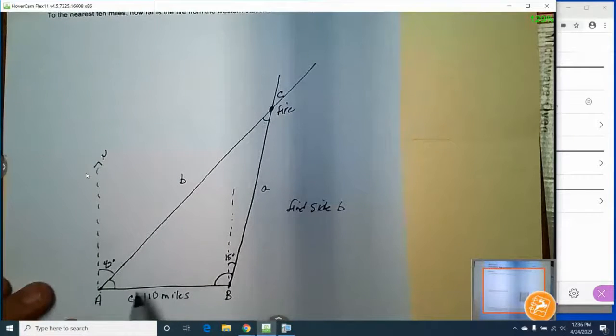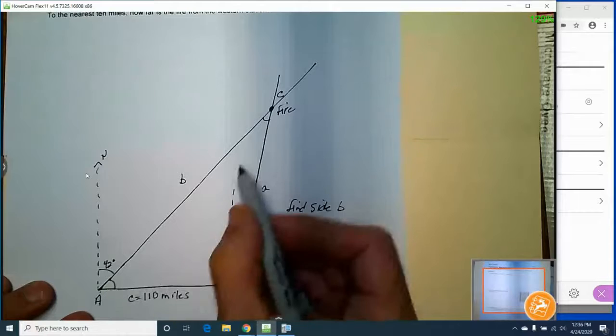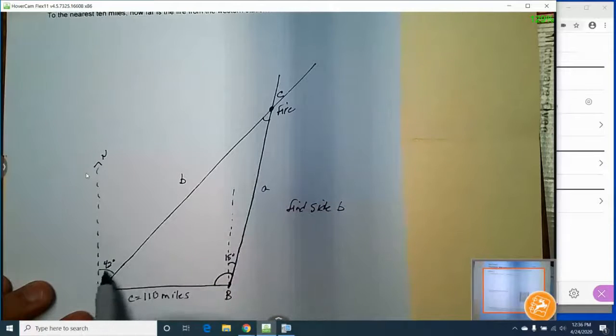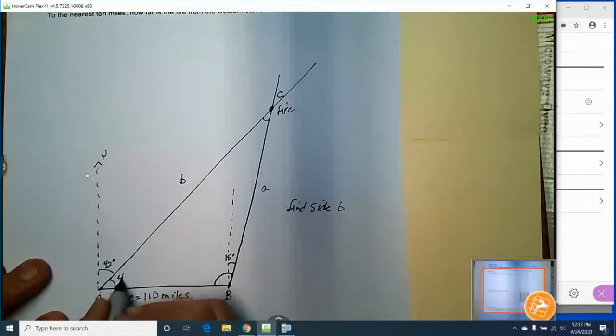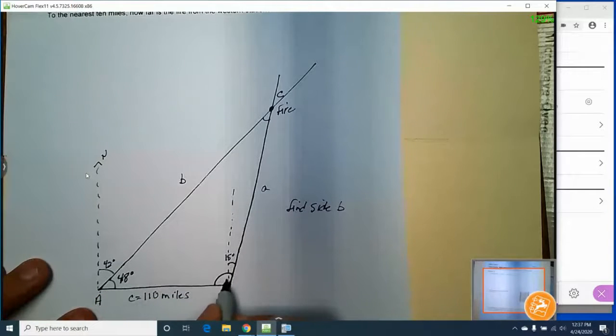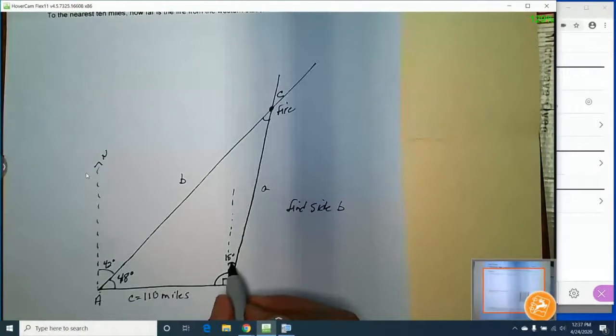All right, so to do that, what we need is to define our triangle. We've got these angles that are not exactly the angles of the triangle, but we can find these 2 angles with what we've got here. For this one, because this is a right triangle from here to here, that means these 2 angles are complementary. They have to add up to 90 degrees, and that would make this angle 48 degrees. So that's our angle A. For this one, we've got a right angle right here. So this entire angle is 90 degrees plus another 15. And that makes our angle B